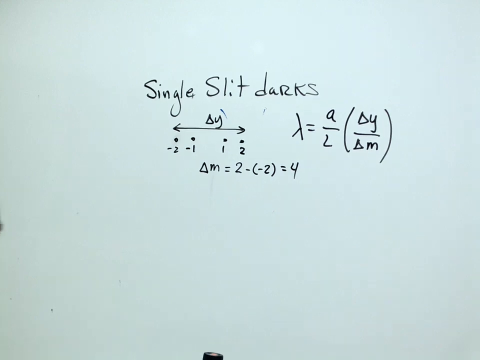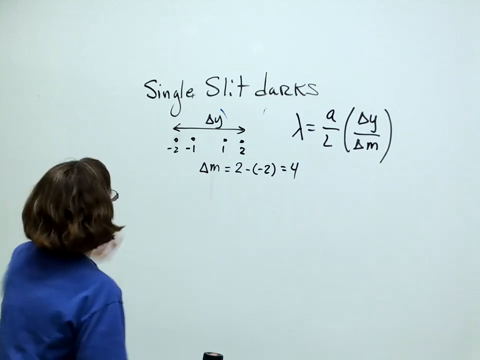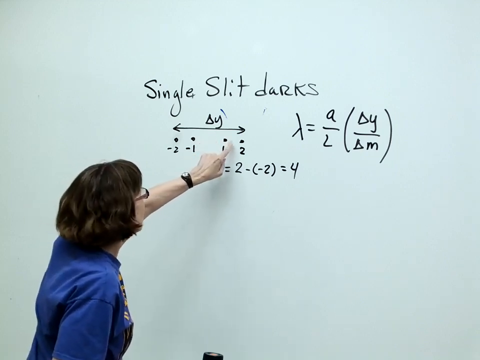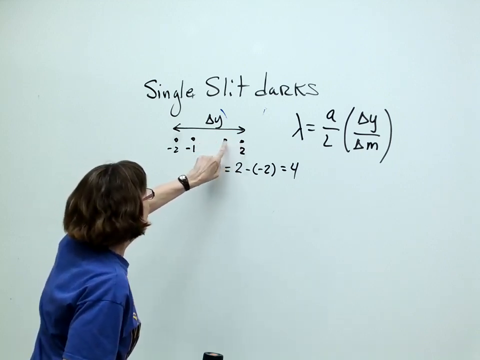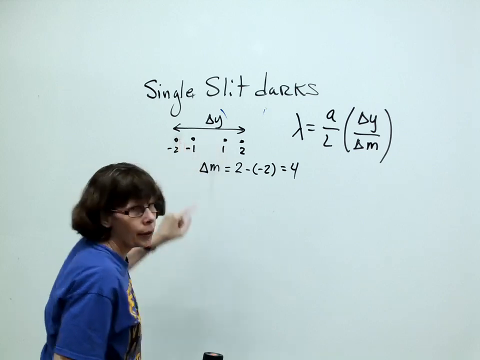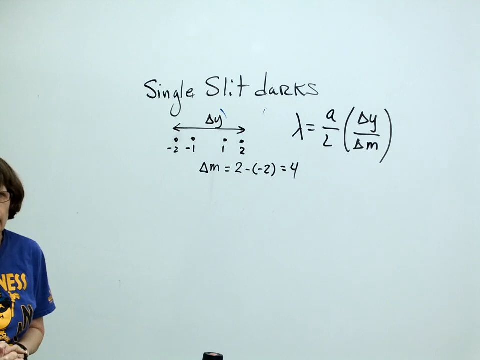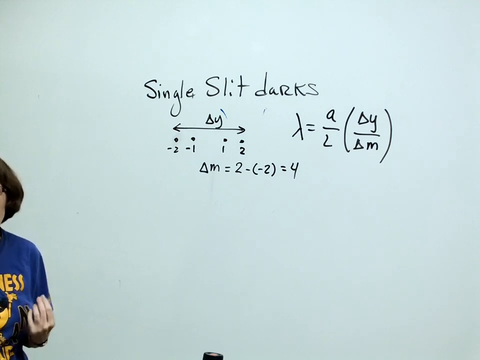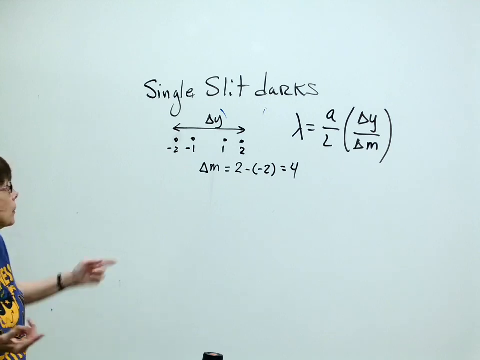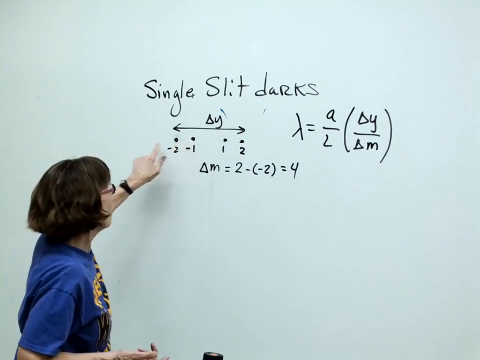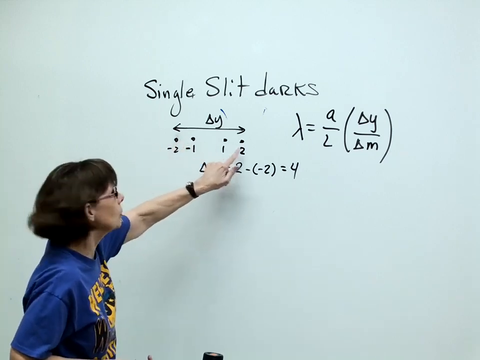Okay, for single slit darks, this is the pattern. You're going to see a great big blob in the center and very thin dark lines. Only our darks are a good definition of spacing. So the brights don't matter for spacing and calculation. The darks do. So this is going to be -1 on one side of the blob and +1, +2 on